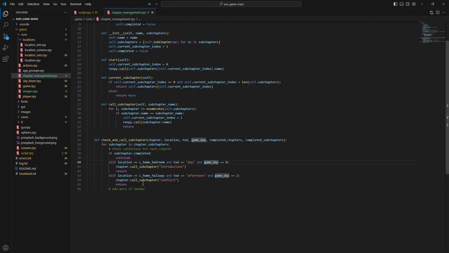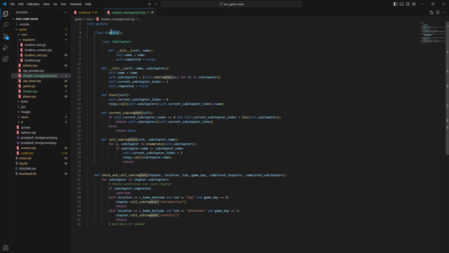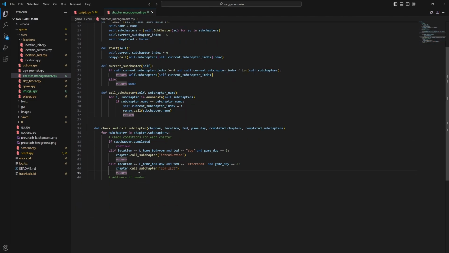I feel like I'm beating a dead horse here. And then the next thing is to figure out, okay, when is the chapter completed? That way, in future chapters or subchapters, we can't let the game be like, oh, hey, we're starting on chapter 5. For example, if location equals L home bedroom and TOD is equal to day and game day is equal to, let's just say, 5,